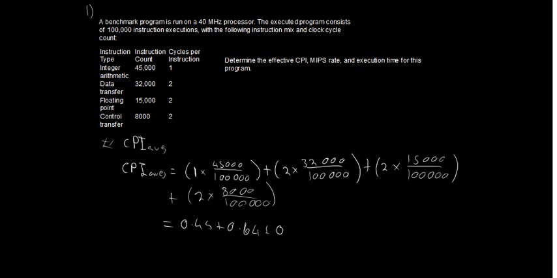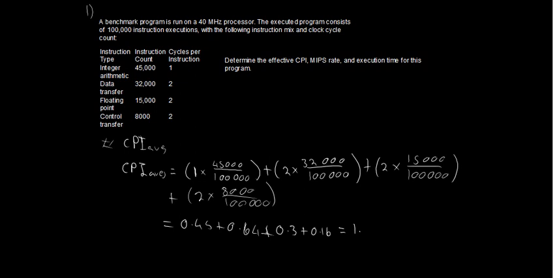Then we have 0.08 times 2, which is 0.16. Then we're just going to add these: 0.45 plus 0.64 plus 0.3 plus 0.16, which gives our average CPI there as